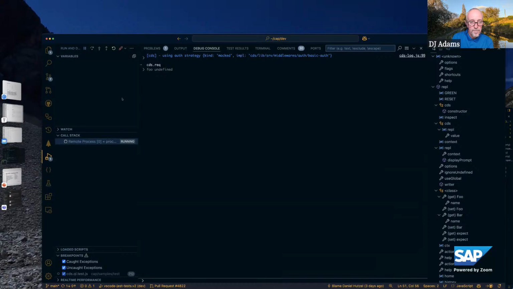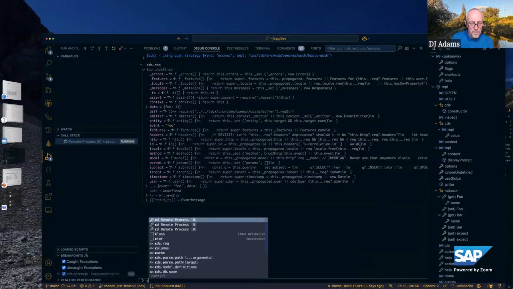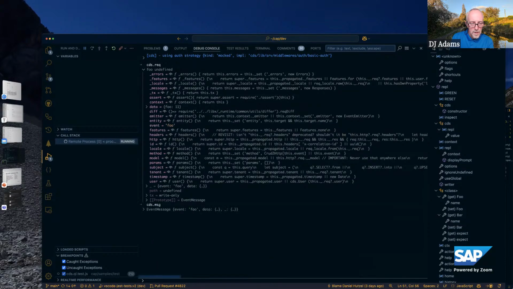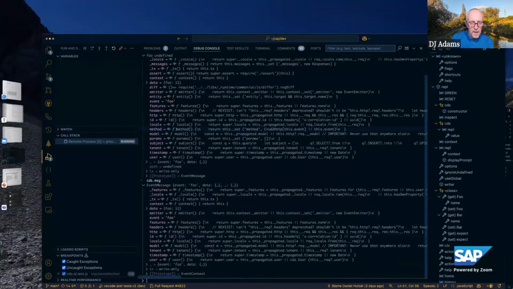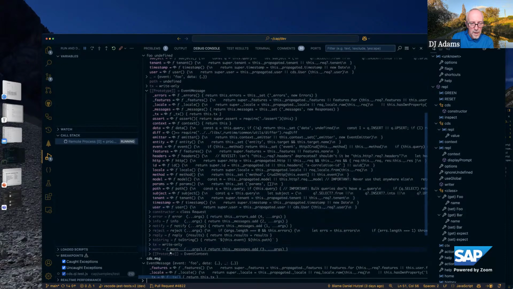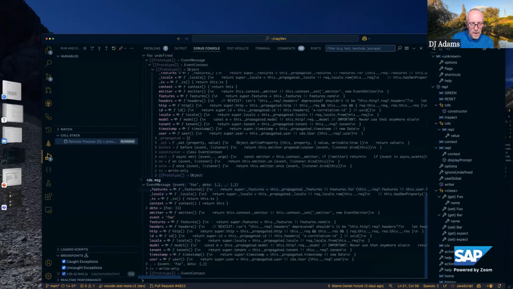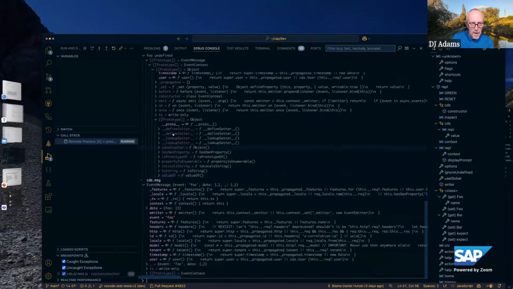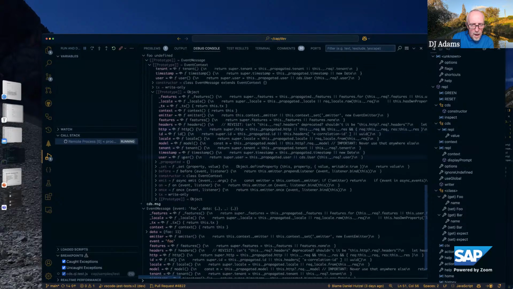That is our request. That is just the toString default. And this is our message. And the main difference you see is basically in the prototype, a request should have basically the response methods.